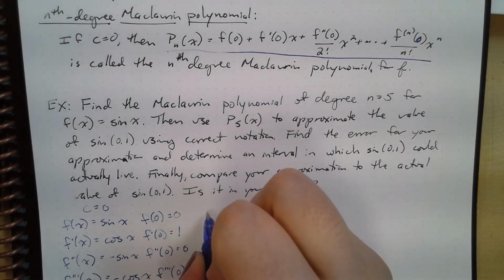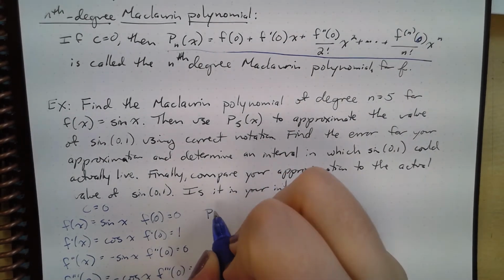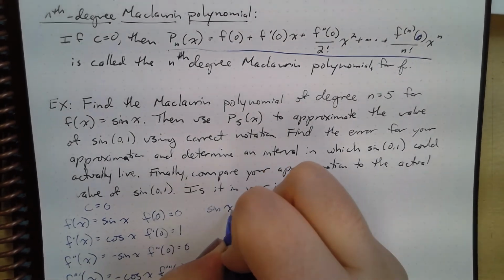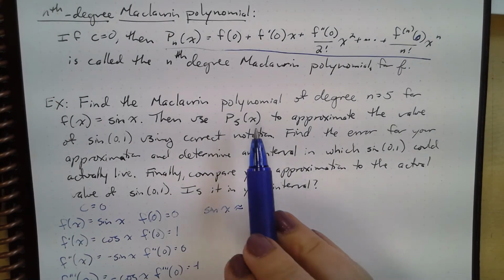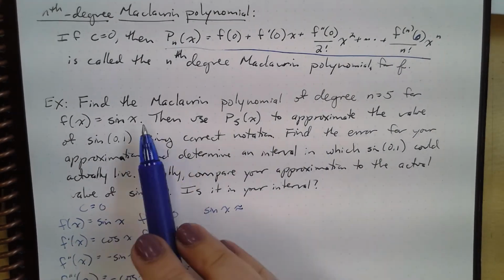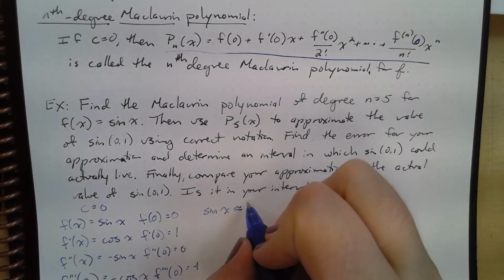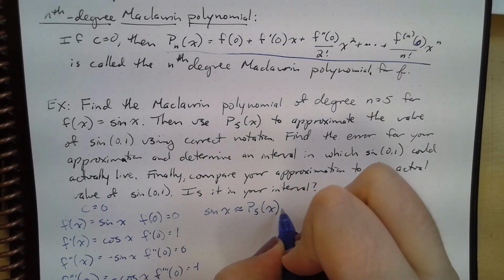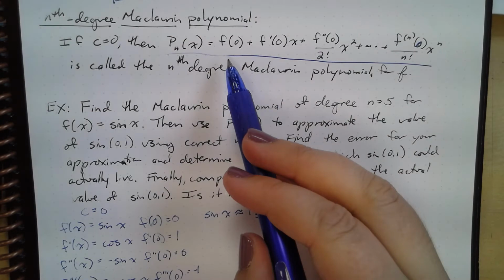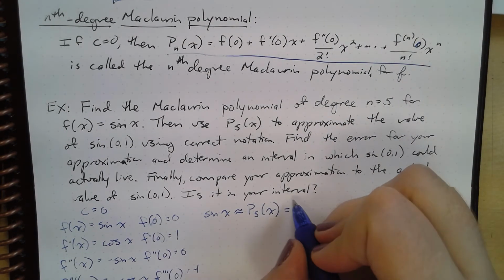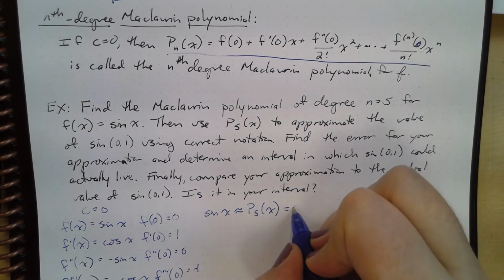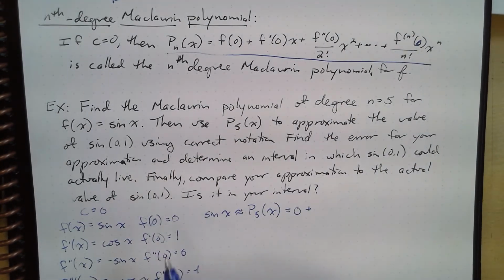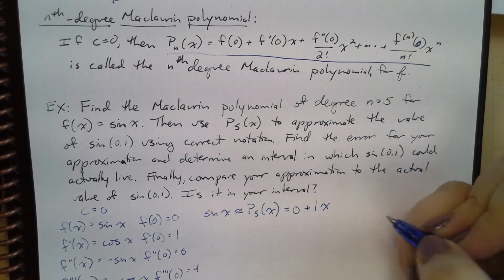So sine of x is approximately, right? Because we're using p sub 5 of x to approximate this. So it is approximately p sub 5 of x, which is equal to, okay? So first we put our f of 0. f of 0 is 0 plus f prime of 0 times x, so that's 1 times x,